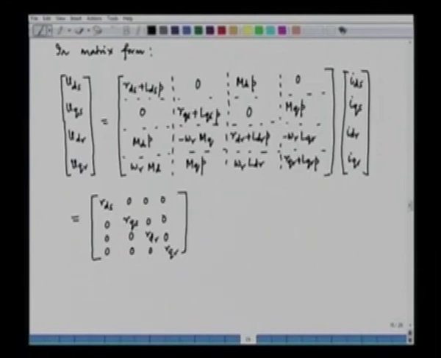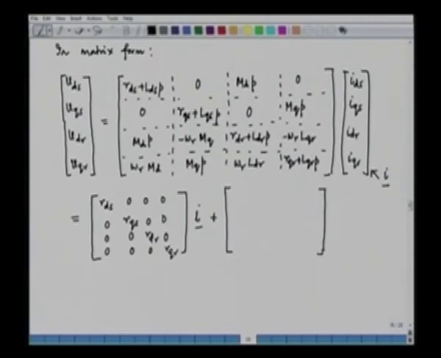So this matrix, as I was saying, can be broken down into a resistance matrix, an inductance matrix having P terms, and a matrix associated with omega r or the speed term. So this is the first component, that is RDS, RQS, RDR, RQR. It's a diagonal matrix, and I will multiply this by the vector I. And what is the I vector? I vector is this vector. Okay, and then I can have the inductance matrix having P terms,